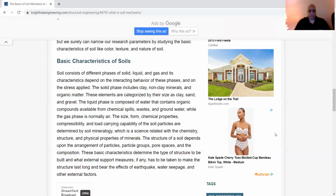The soil structure depends upon the arrangement of particles, particle groups, pore spaces, and the composition. These basic characteristics determine the type of structure to be built and what external support measures, if any, have to be taken to make the structure last long and bear the effects of an earthquake, water seepage, and other external